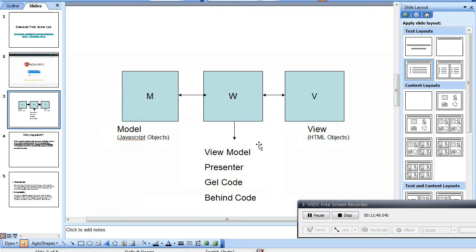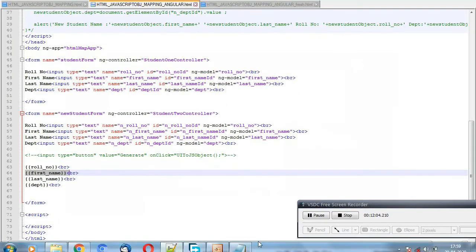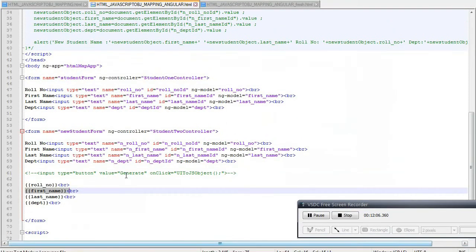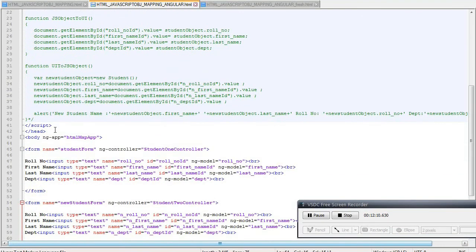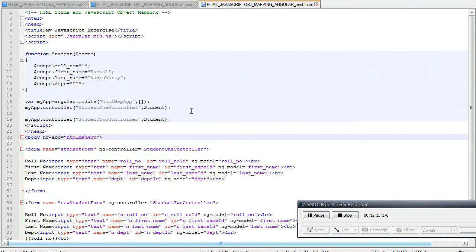We don't have to write any JavaScript code like onclick, or fetch that value by document.getElementById and then assign it. This kind of to-and-fro data transfer can happen by this framework. So let me first remove all these components,